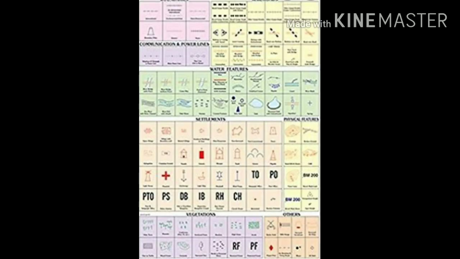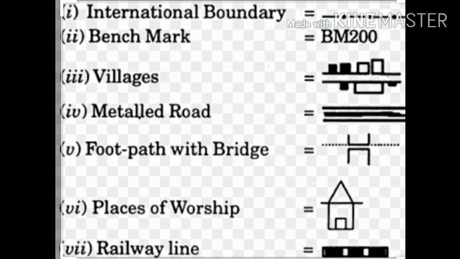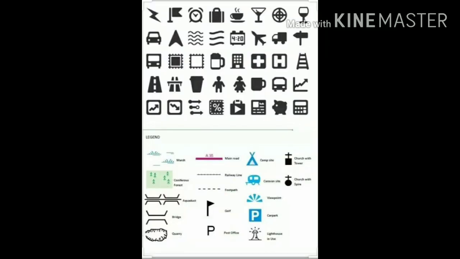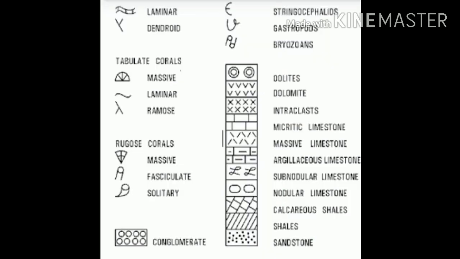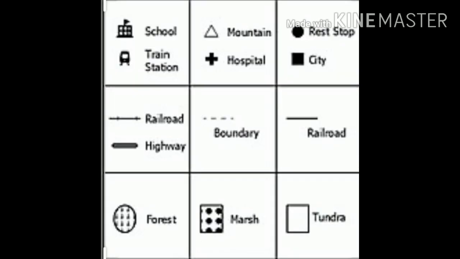These standard signs and symbols are called conventional signs and symbols. Conventional signs are used to show various things on a map as per convention. These are in the form of letters or geometrical shapes, for example, lines, circles, triangles, dots, etc. Conventional symbols are used to show various things on a map as per convention. Symbols are miniature drawings of the respective objects, for example, temples, mosques, forts, etc.